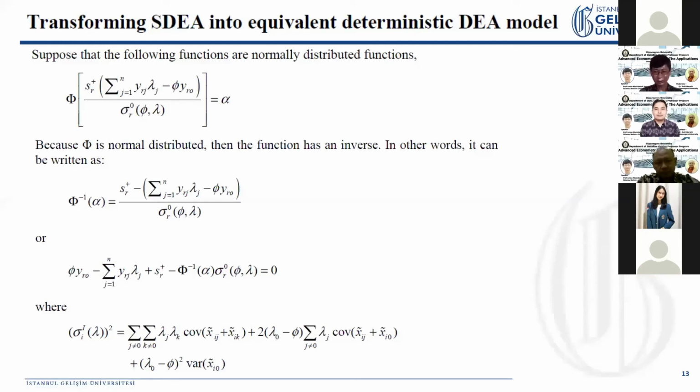So still no researcher in the world has played with this, so it's easy for us to publish in a journal. Maybe next you can try the exponential distribution or gamma distribution, something like that. This is still an open problem. As I mentioned before, in this case we'll be using the normal distribution.